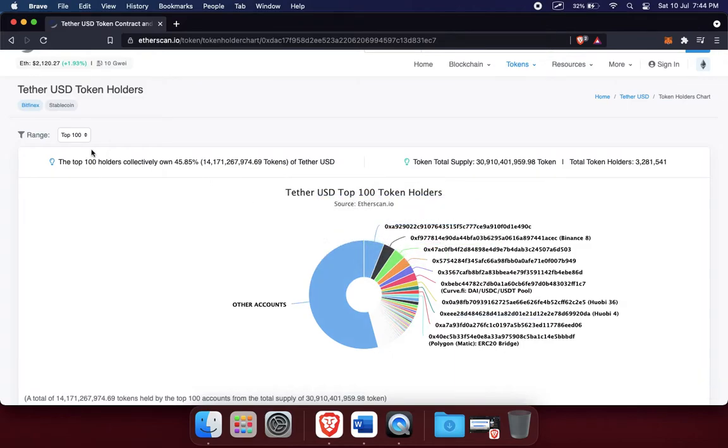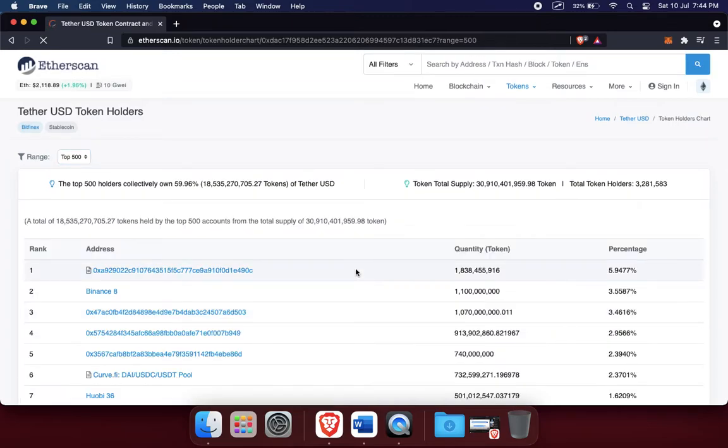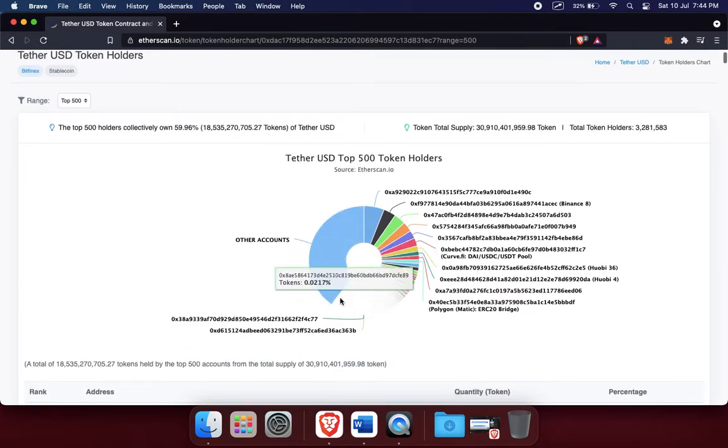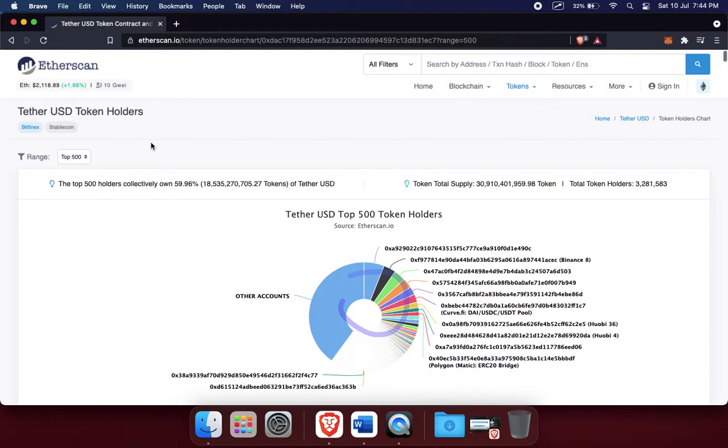Right? So in the top 100, you can even go top 500, but it's going to divide this into really tiny slices. Okay, give it a moment to load. Yeah, it takes a while to load, and you can see all the slices are so thin that they're basically just white in color. The good thing here, however, is that even if you look at the top 100,